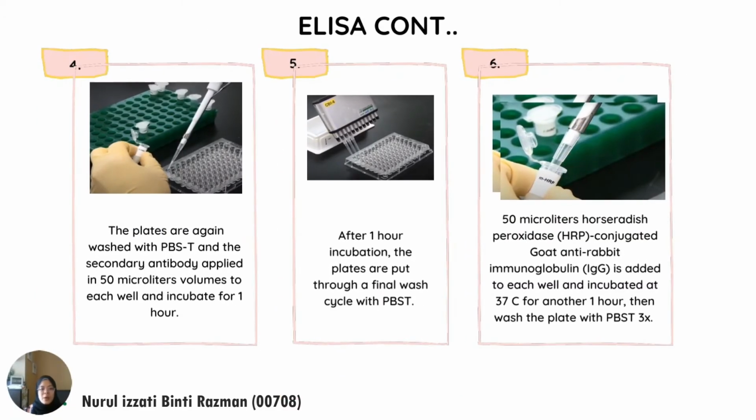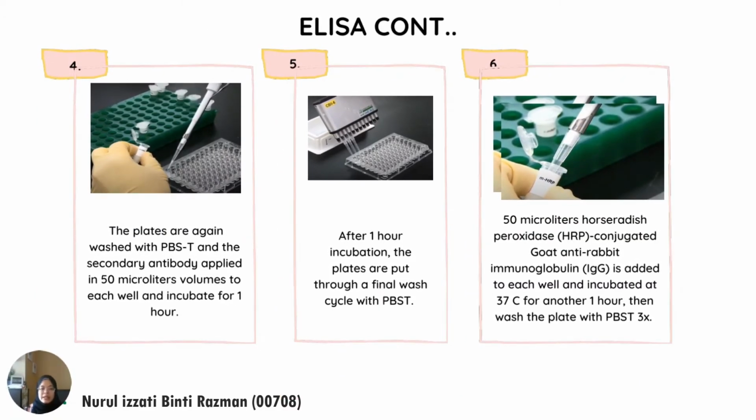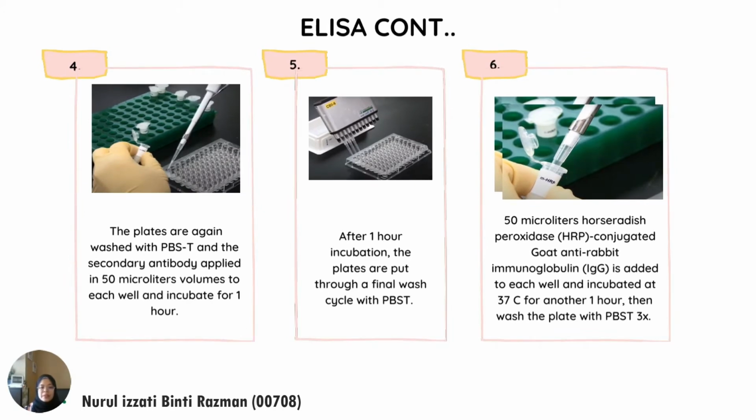The plates are again washed with PBST and the secondary antibody applied in 50 microliters. After 1 hour incubation, the plates are put through the final wash cycle with PBST. Sixth, 50 microliters of horseradish peroxidase conjugated goat anti-rabbit immunoglobulin is added to each well and incubated at 37 Celsius for